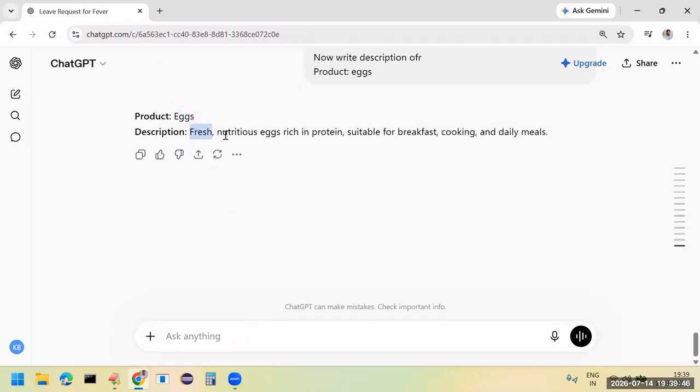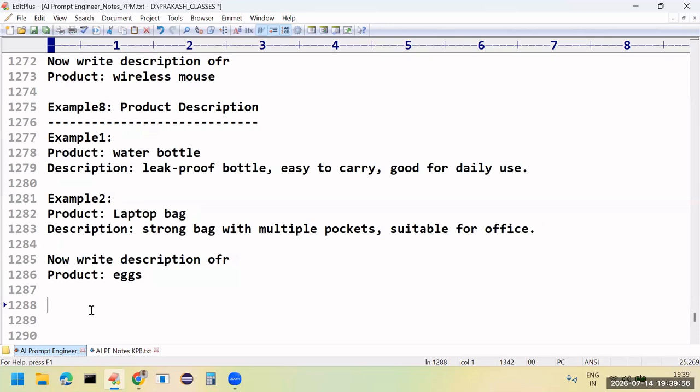Eggs: fresh, nutritious eggs with rich protein, suitable for breakfast, cooking, and daily meals. So it is giving clear information by identifying the patterns which you have given previously. Clear, friends? Please confirm. Yes, clear.